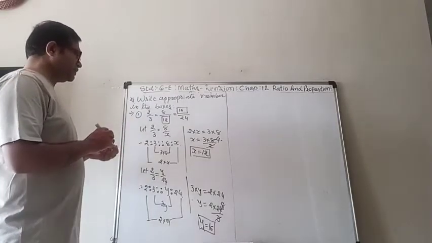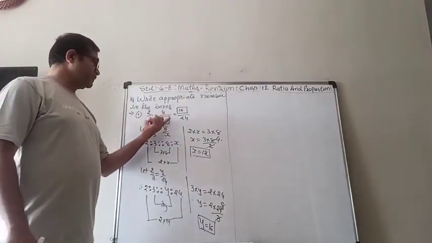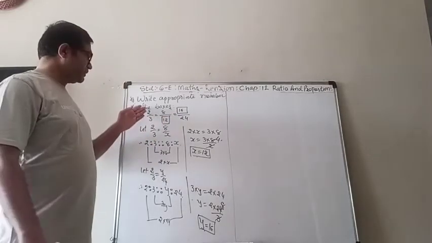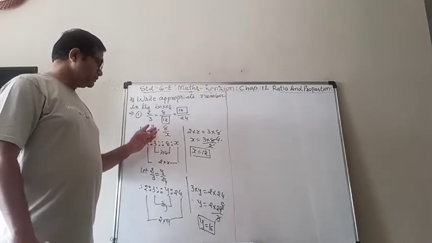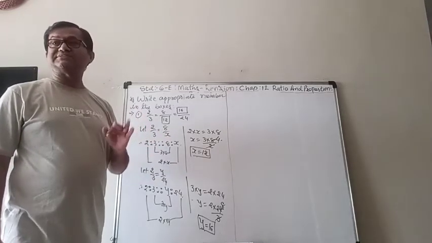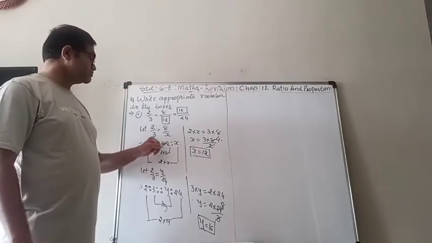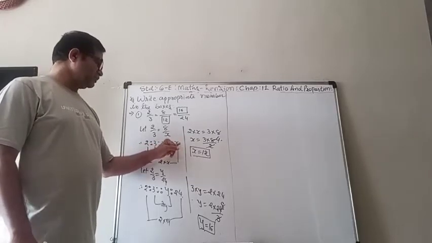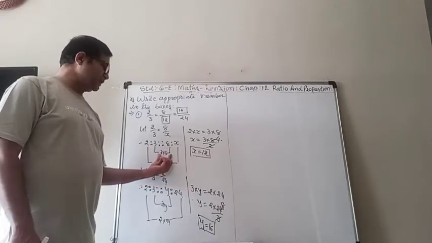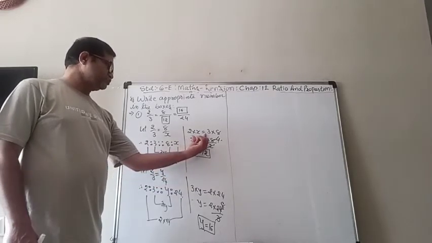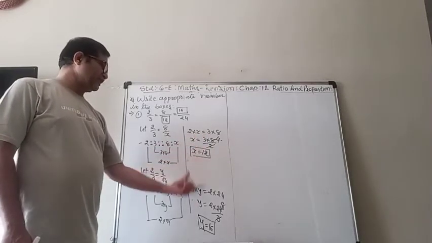So when some numbers are missing, we will take the first two ratios. The 2/3 is equal to 8 upon, say, x. Now two ratios are equal, means the four numbers are in proportion. So we write down like that: 2:3 is to 8:x. Then we know that the product of extreme terms and the product of middle terms are equal. So we write down 2 into x is equal to 3 into 8, and then we find the value.